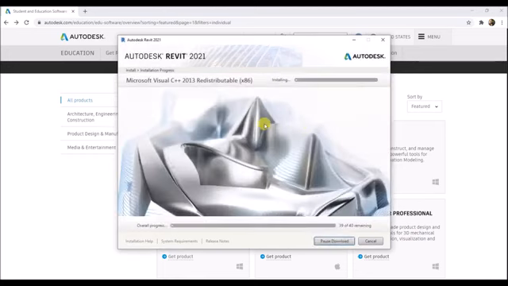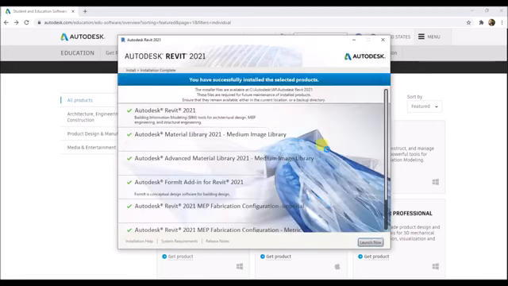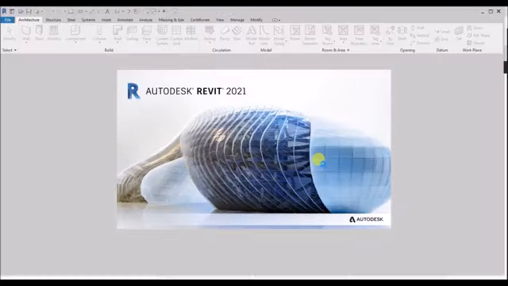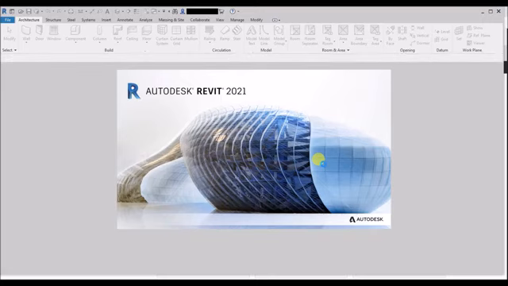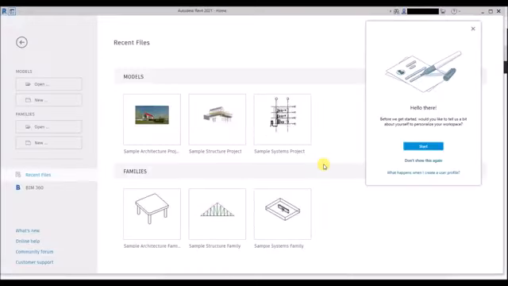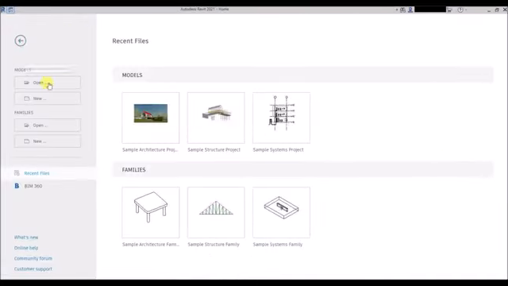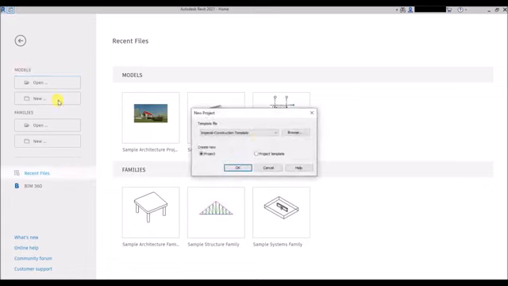Then click on install. I have skipped the part so that the video doesn't get stretched unnecessarily. Now click on launch now. So here it is, Revit has been installed successfully.